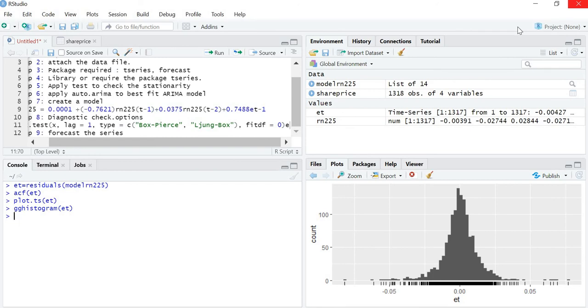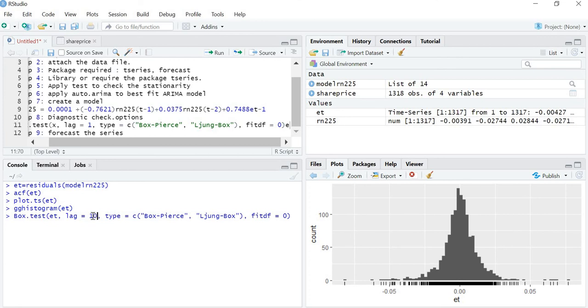This is the part where the diagnostic check is divided into three parts. Now we can also use the Ljung-Box test or the Box-Pierce test. The command will be box.test and then you have to write your residuals. My residual is ET, so I am writing ET.